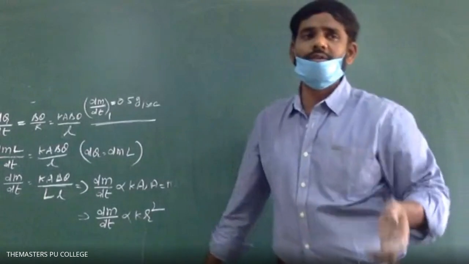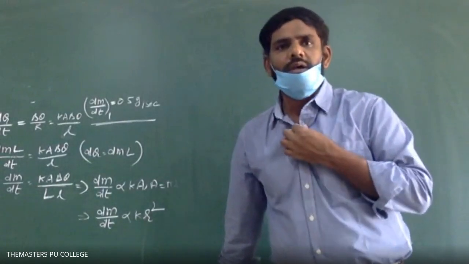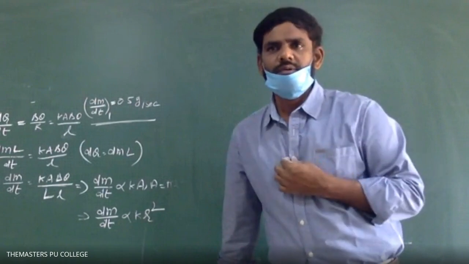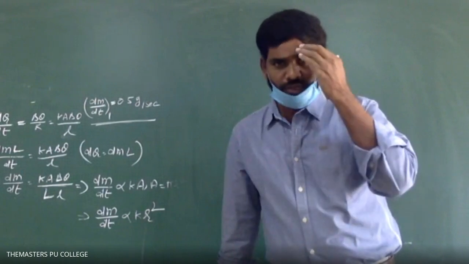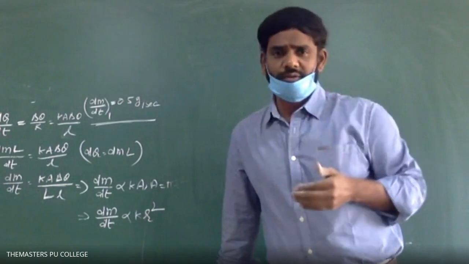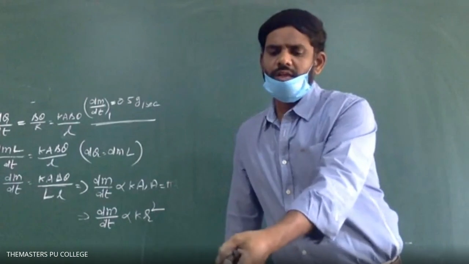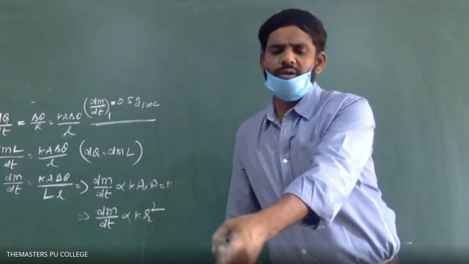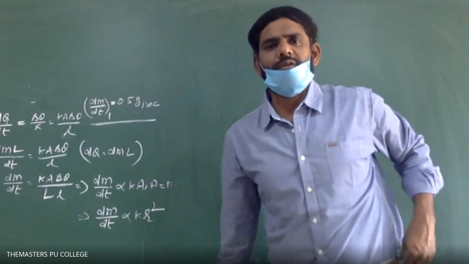I think we have derived a formula also to find the temperature of the junction. It is similar to that only. Students, to find the temperature of the junction in a series combination, we have derived the formula also. Substitute the values theta 1, k1, l1 in that, and we will get the temperature of the junction. Please copy the formula there.